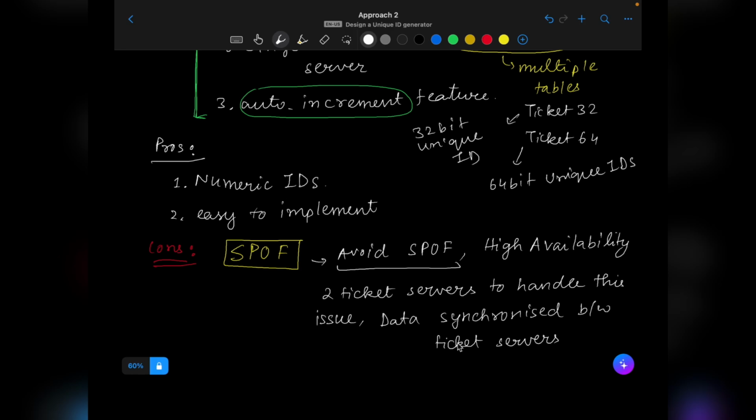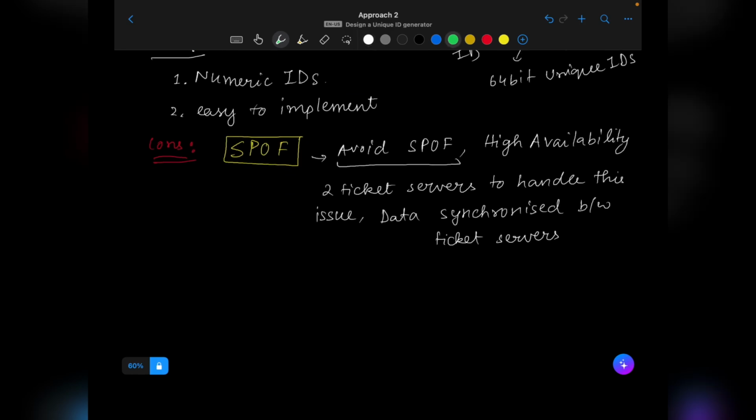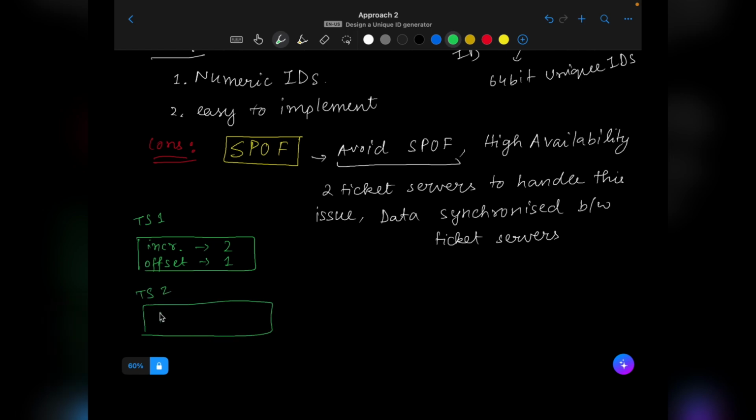In these two ticket servers, how they implement it is like, this is ticket server 1, which has an increment feature. Let's say the increment is 2 and the offset is 1, and there is another ticket server 2 which also depends on the increment feature. So let's say the increment is 2 and the offset is 2. This is something I have also seen in multi-master applications, these notations of how we denote the offset and how we denote the increment. So in this way, Flickr implements two ticket servers, and a load balancer is used